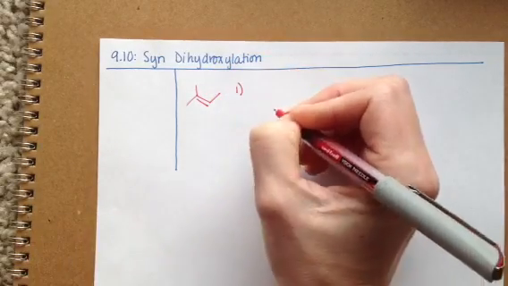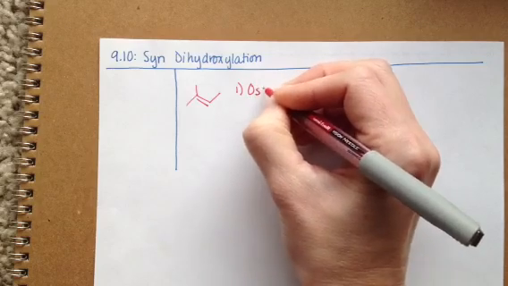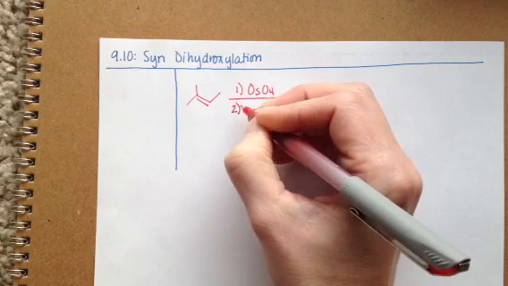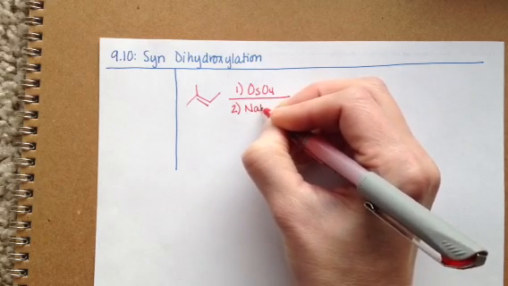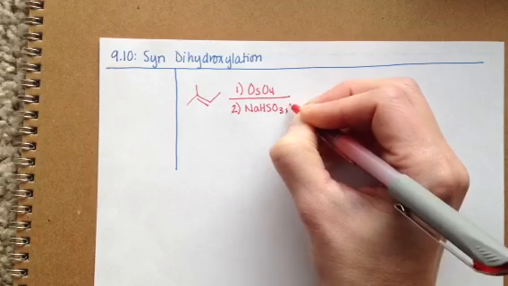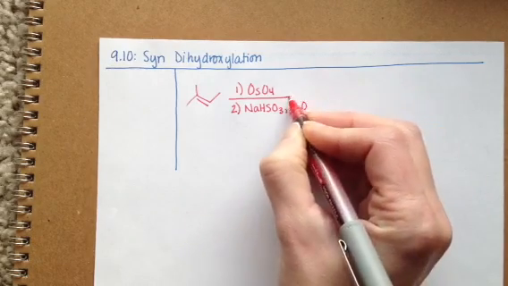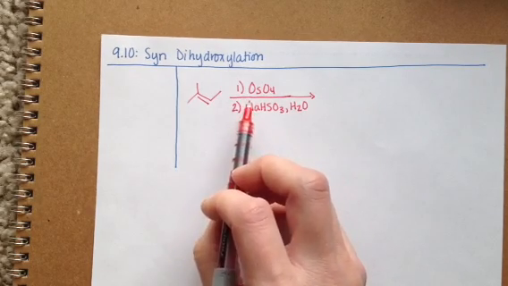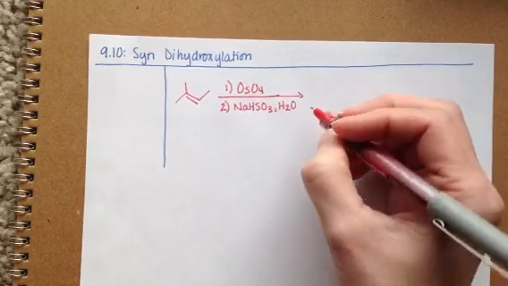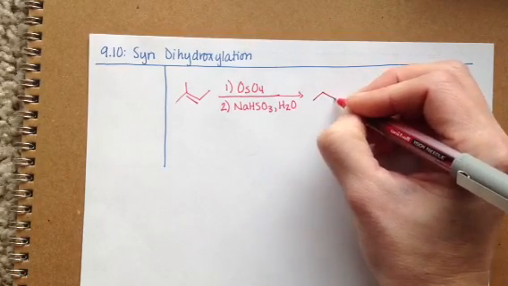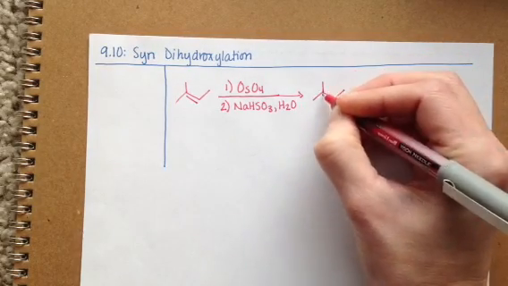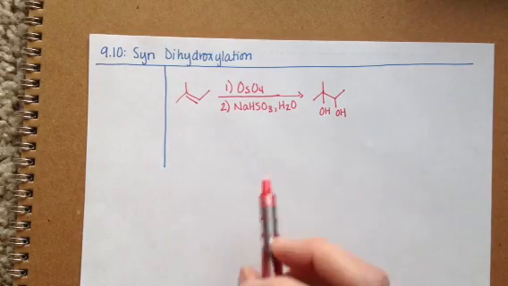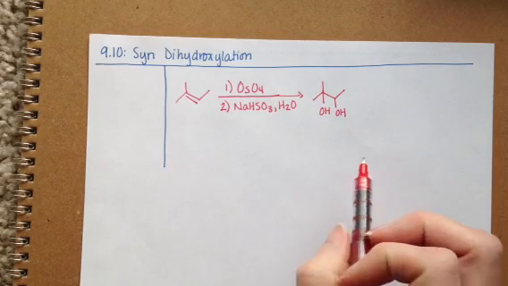And there's actually a lot of different reagents that we use to do the Syn dihydroxylation reaction. One of them that I'm going to show you, this is the one that's most commonly used in textbooks, is a two-step process. We use, in step 1, osmium tetraoxide, and then in step 2, sodium bisulfate and water. And that gives us a molecule that has two OH groups where the double bond used to be, with syn orientation with respect to